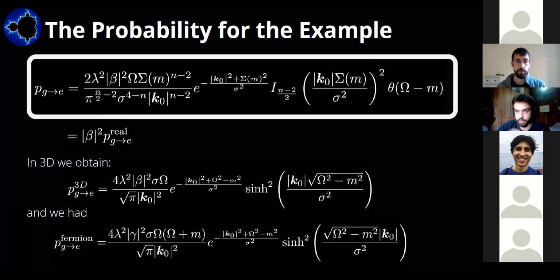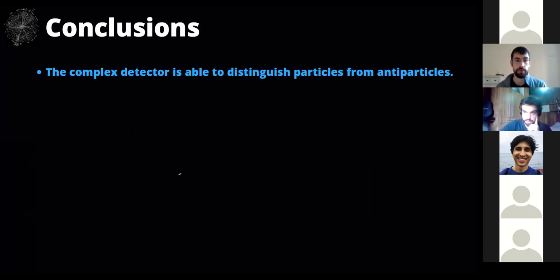Which is one of the features that the scalar model could not grasp, right? So with this, this is the last example I wanted to show, and we already can present some conclusions regarding what I have shown you here. First of all, let's start with the qualities of this complex detector model when trying to probe particles or antiparticles. It is able to distinguish particles from antiparticles, right? And this is a feature of the fermionic field that is grasped by this